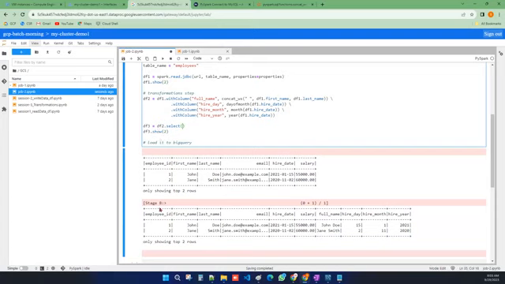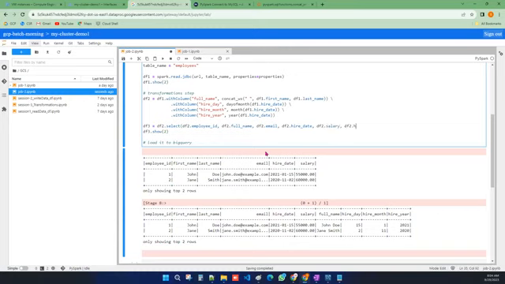Those columns are, I want the employee ID column, df2 dot employee ID, comma df2 dot employee full name, employee email, df2 dot hire date, and df2 dot salary,